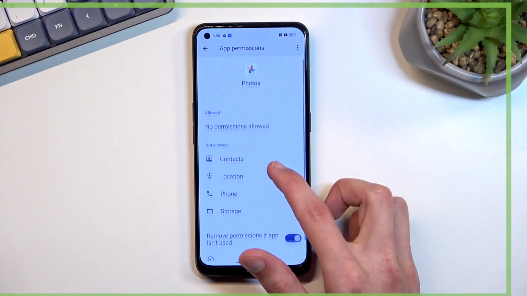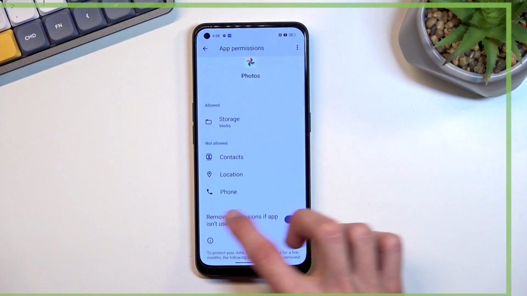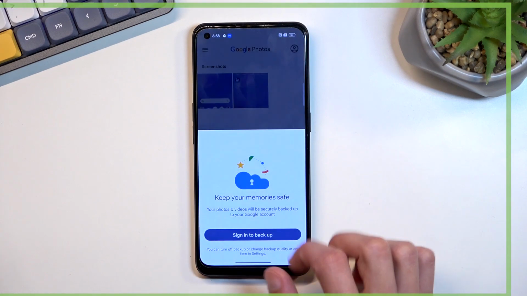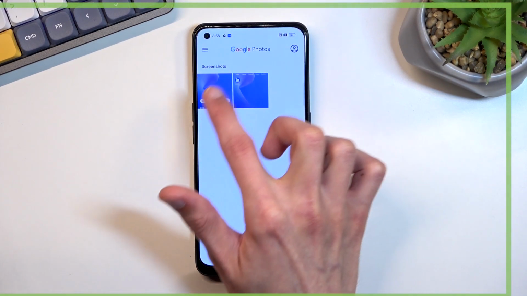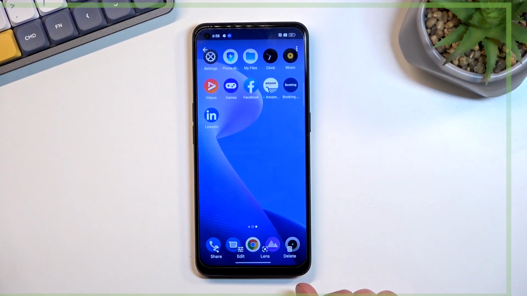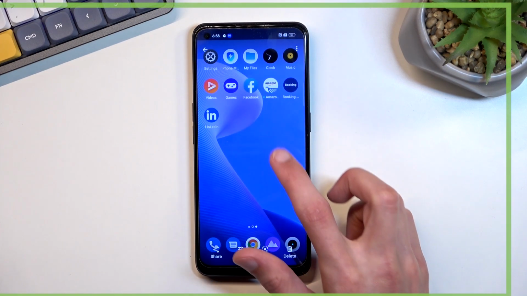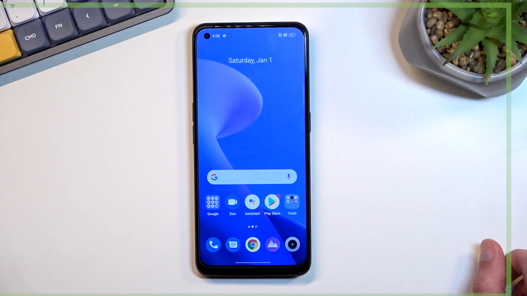Permissions. Let me quickly deal with this. So as you can see, I have screenshots and two of them right now. So this is the one that I just captured, and here is one that I captured just a little bit before I recorded. So that is how you can capture a screenshot on this phone, and also where you can